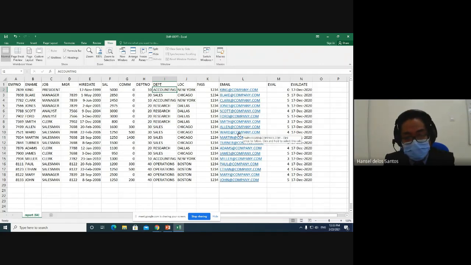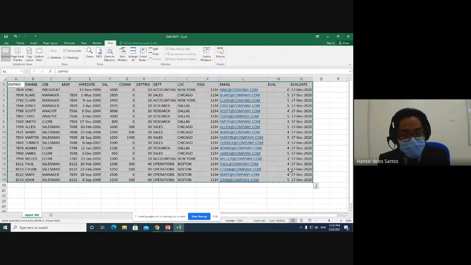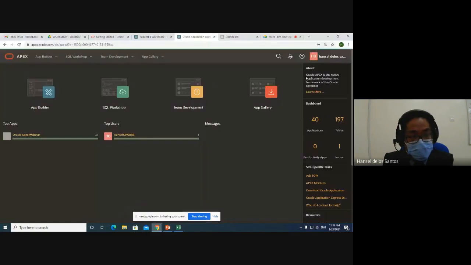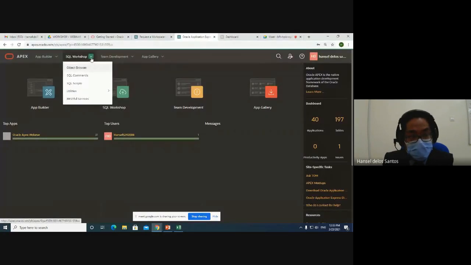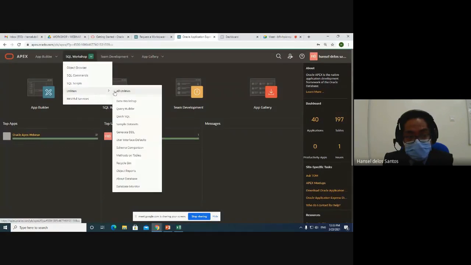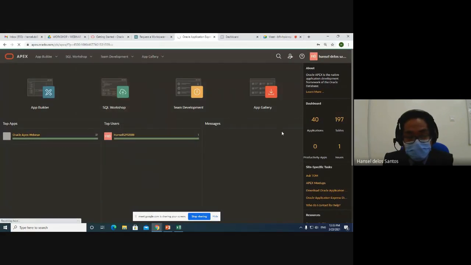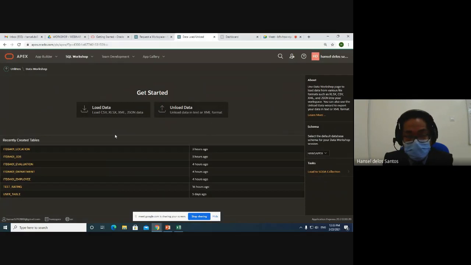But then, of course, if you want to do it professionally, we have to normalize a bit here, and the Oracle Apex platform will help us work out some relationships. Okay, for a quick demonstration, just like I said, really it works in a minute. I will just have the file on the desktop, and then we'll import that directly from your Oracle Apex workshop. And along with the SQL Workshop, we have here the utilities and the Data Workshop. And now we have two options here. So load the data, either it's in CSV, XML, latest Excel,